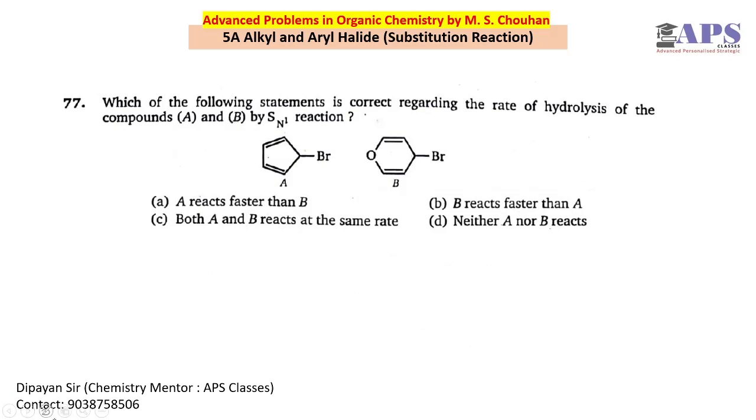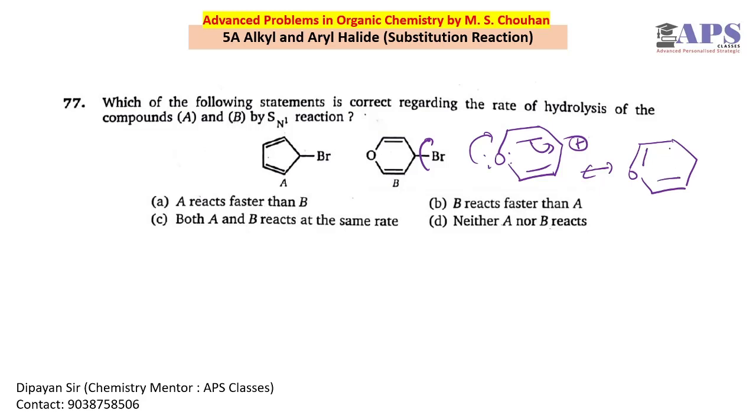In this next question, which is the application of aromaticity, after elimination of this Br, we will end up with this kind of carbocation, which is nothing but aromatic. Why? Because this lone pair, if involved in resonance, we will get this kind of situation, which is aromatic in nature.